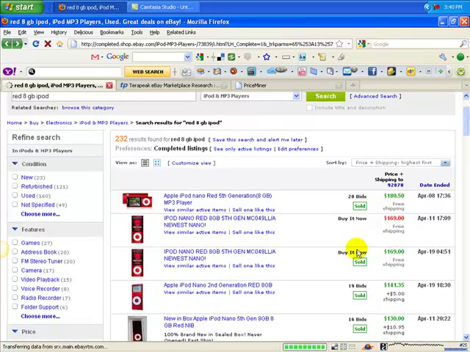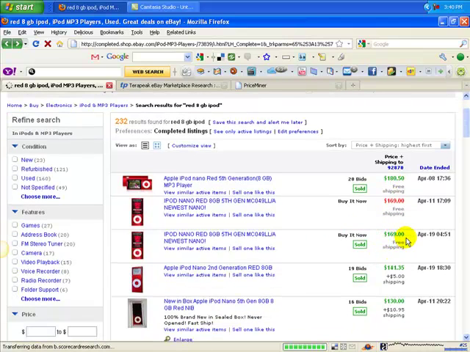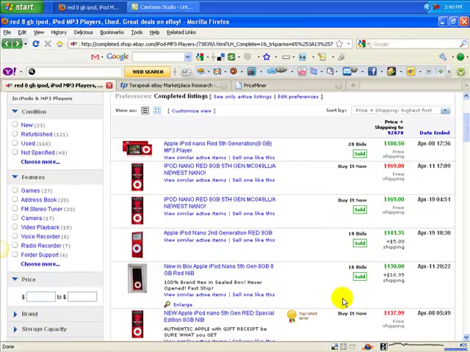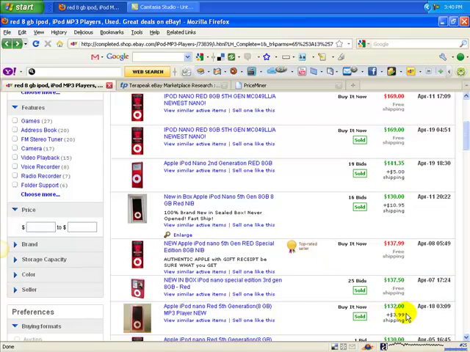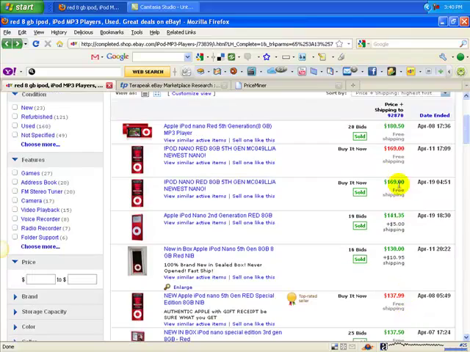Okay, so we go back again. There was another one that sold for $169 with free shipping. Another one sold for $141.35 with $5 shipping. Actually, the one above it here, this $169, is buy it now. There's another one here, brand new and sealed box, never opened, for $130 and $10.95 shipping. So you can get an idea. Your iPod's going to sell between $132 and